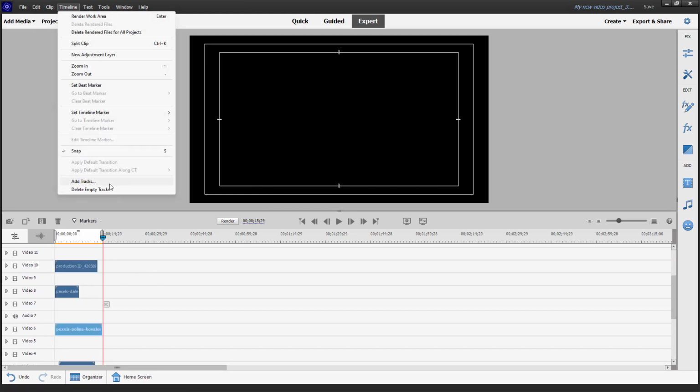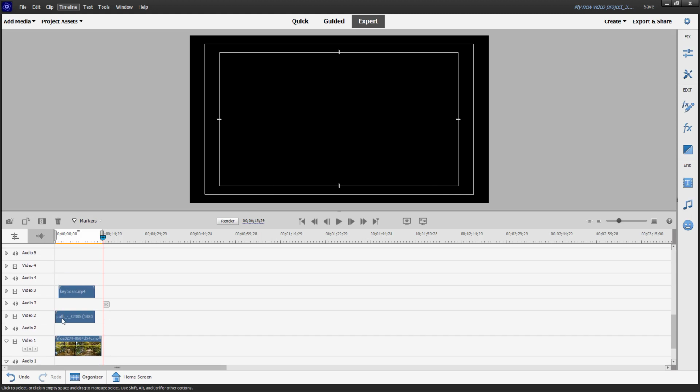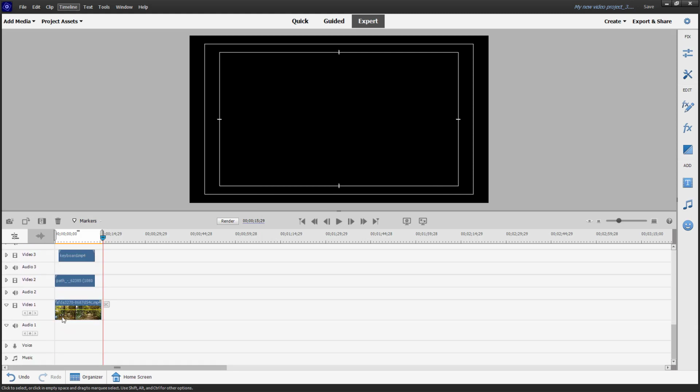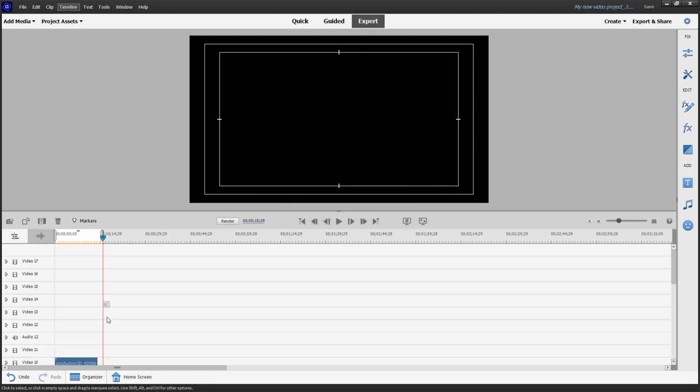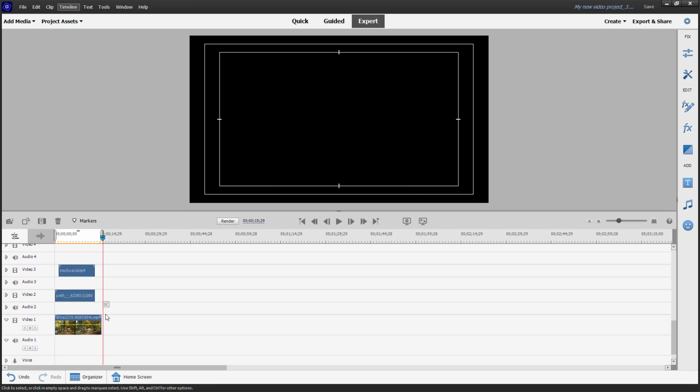If I were to go around over here, you can also add tracks right here and add in audio tracks as you like, 5 tracks right here, just like this, and then it can be before first track or after first track. So let me just add in before first track over here in my case and press OK, and you can see that it added in audio tracks as well. So now there are a lot of tracks, as you can see right here, and there is